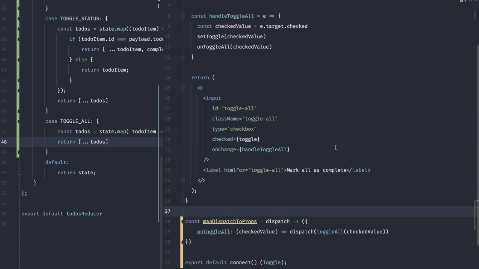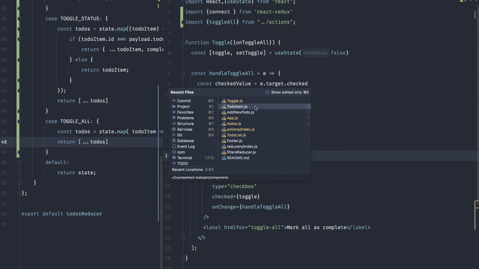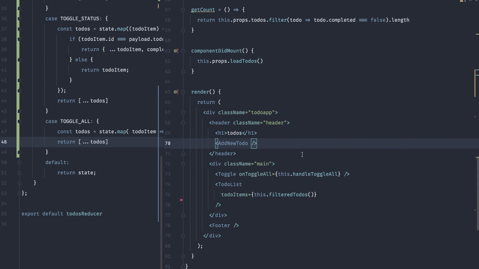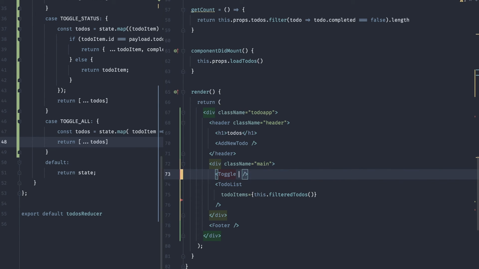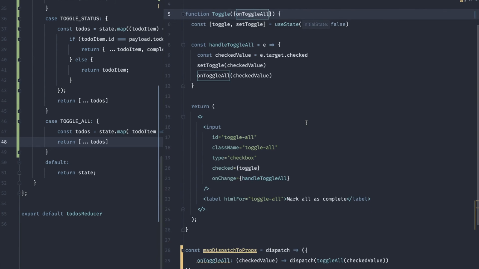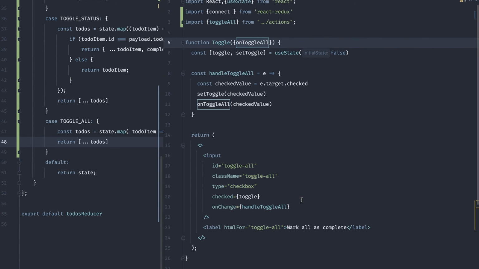Great. That means now I can go back to the app.js, and where is the toggle? Here. I can delete this, come back. Now onToggleAll is coming from here. Cool. So if we've done everything right, we are good to go. Let's give it a try. So if we come back,